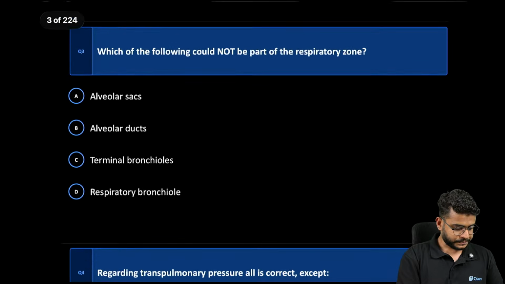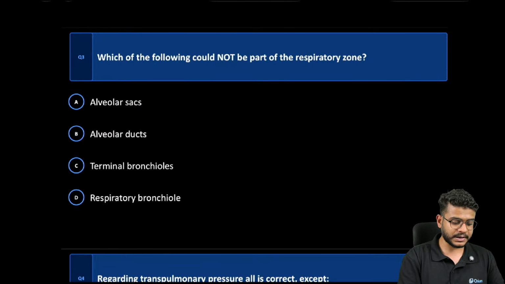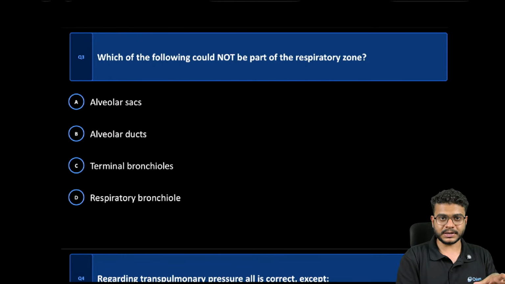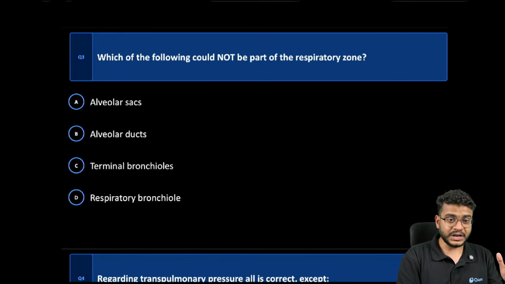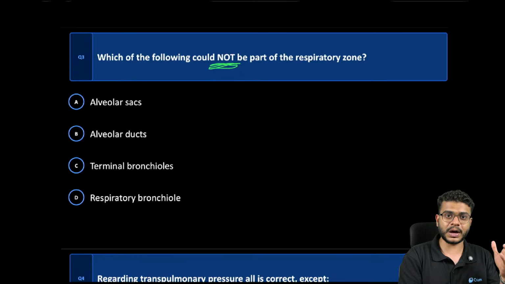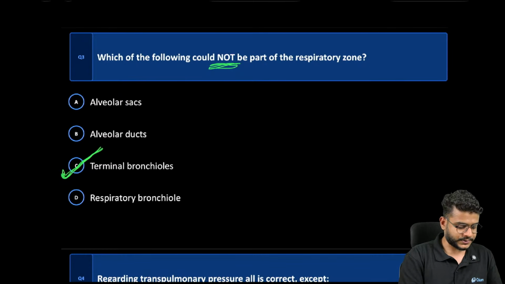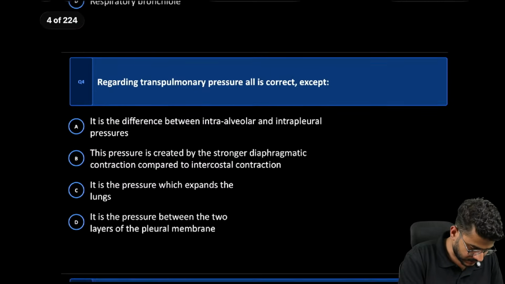The third question: which of the following could not be a part of the respiratory zone? We have already discussed the respiratory zone and the conducting zone. The parts of the respiratory zone are, as discussed, respiratory bronchiole, alveolar duct, alveolar sac, and alveoli. So the terminal bronchiole is not a part of the respiratory zone. Okay, the next question: